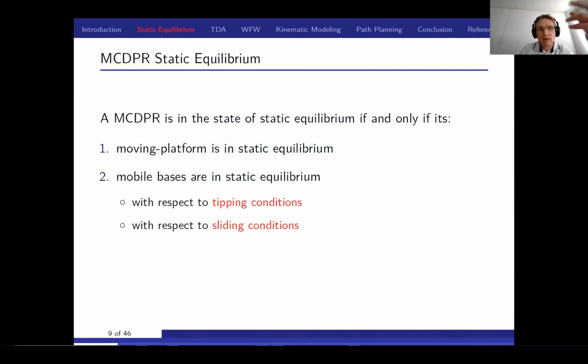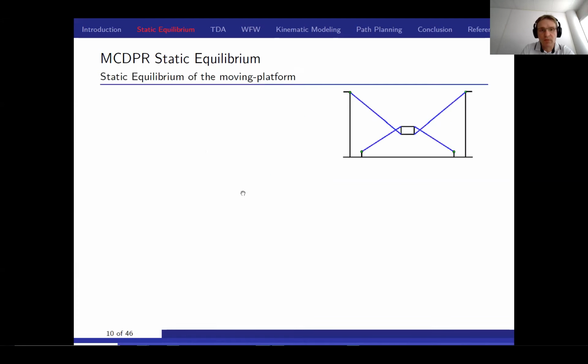in a static equilibrium and its mobile bases are also in static equilibrium with respect to their tipping conditions and sliding conditions. So just to sum up, the main contributions of this work were to consider the tipping conditions and sliding conditions of the mobile bases in the range capability analysis of this type of robot, and also in the tension distribution algorithm of this type of robot,